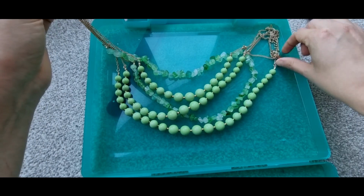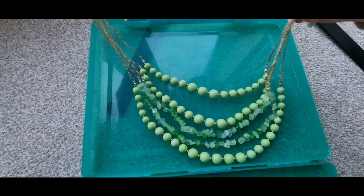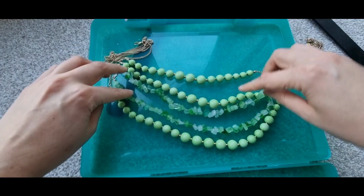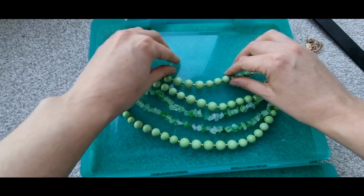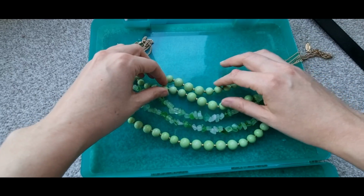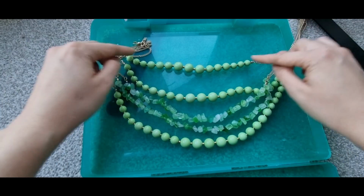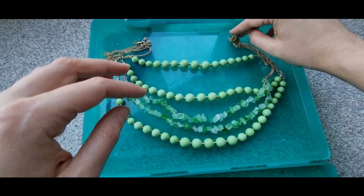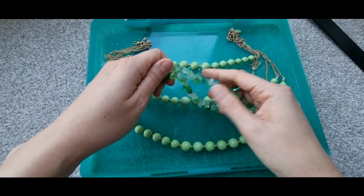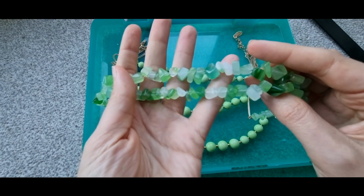It's a multi-strand necklace that took me forever to disentangle because it was very, very tangled. And it has 5 rows, as you can see. So this green plastic beads that are sort of graduated size beads, and then there are these what I believe are glass beads, but